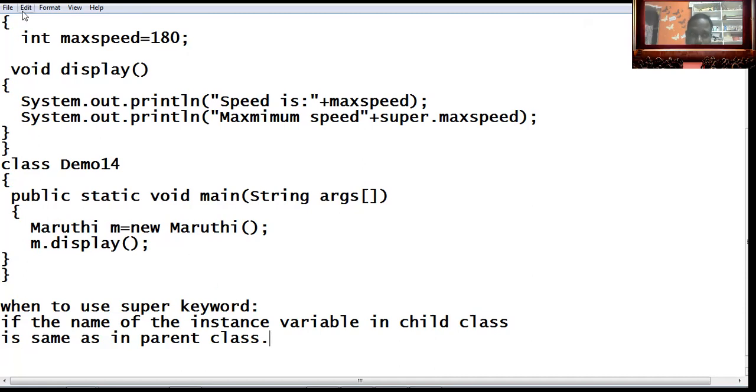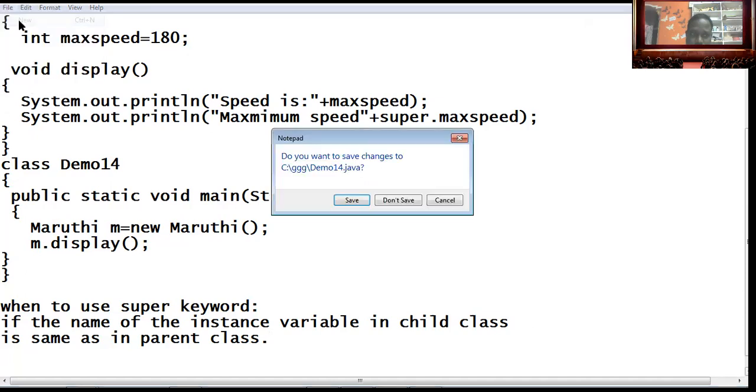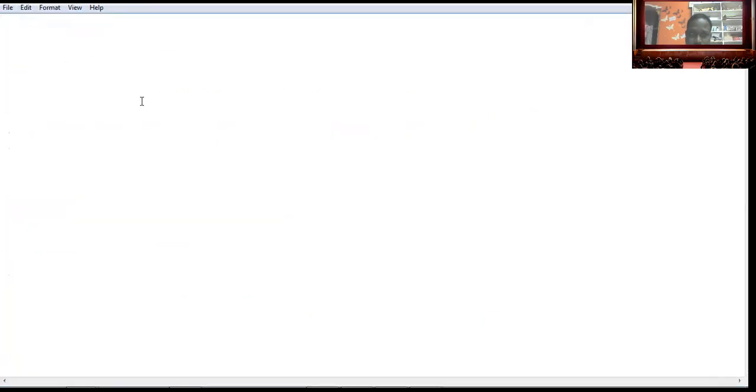Then I'll go to one more program. So next one is one more program. Here is one program to demonstrate